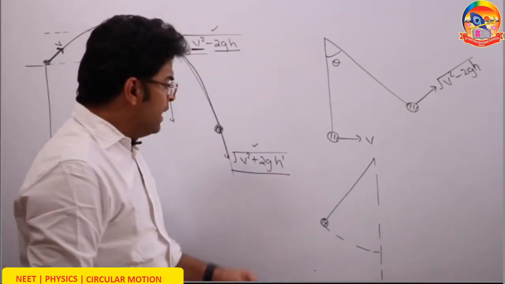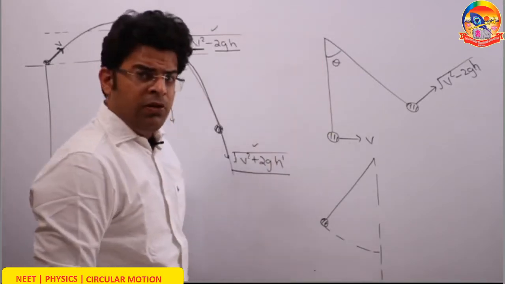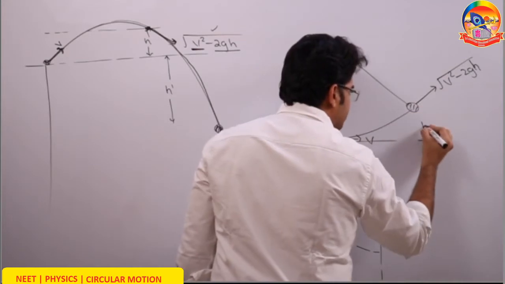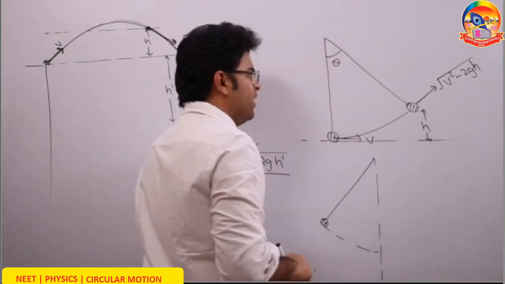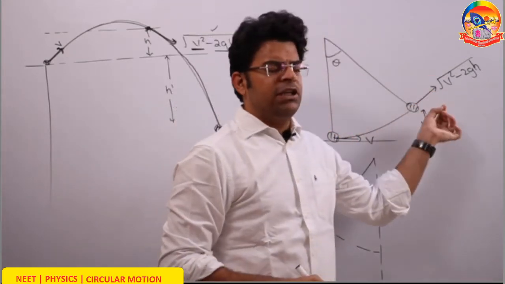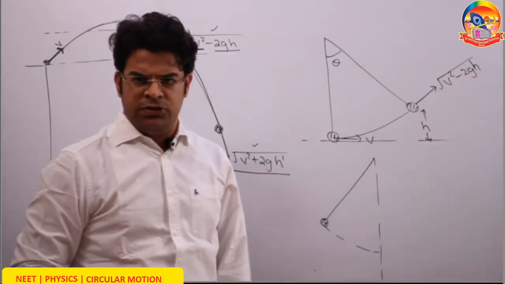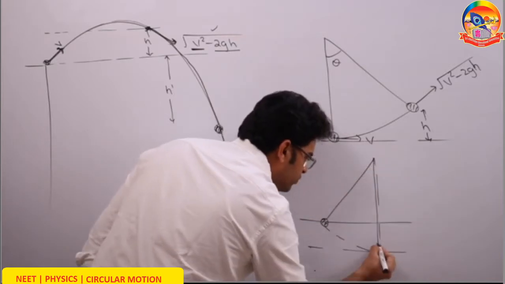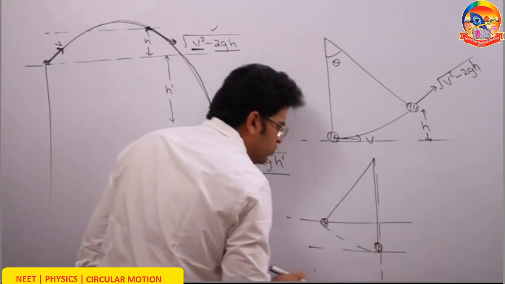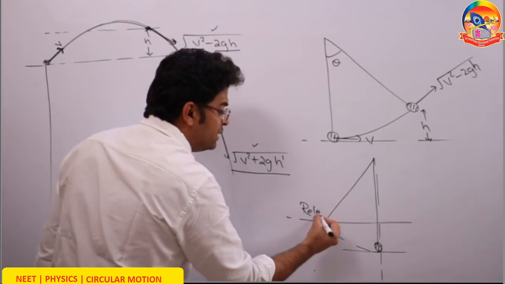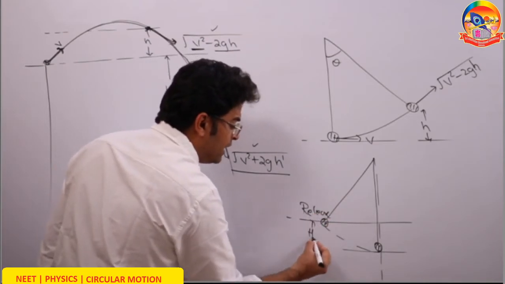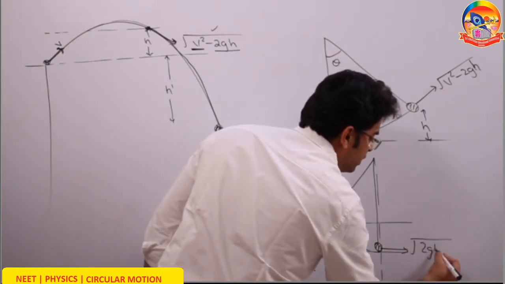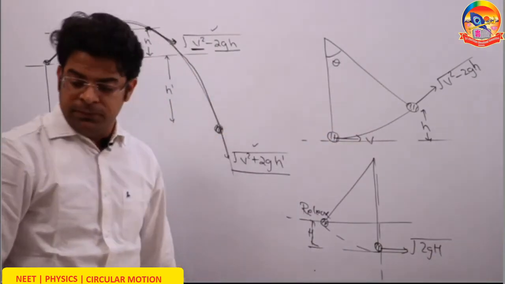So in any question where I have a bob which has been given speed v, when the bob rises through a height h, I simply take that after rising through height h, the speed has to be the square root of v squared minus 2gh. And if I have released a bob and it descends through a height h, goes below through height h, then here the speed is the square root of 0 squared plus 2gh. So at this point the speed will be simply root 2gh.